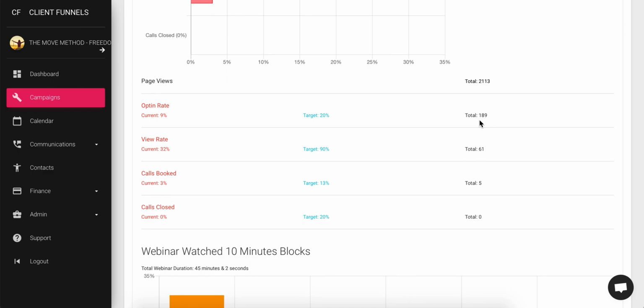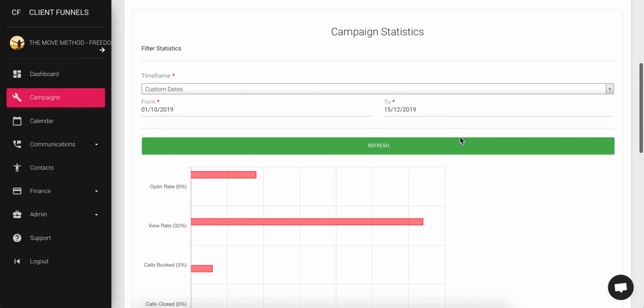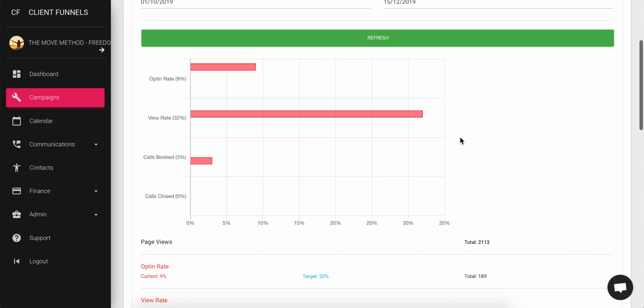They might be different. It's not a problem in the software. Every software has this problem in working with Facebook. It's just one of the things in how they track. They have this attribution model, which is good because it does go back kind of 7 days from when things happen, but it will mean on a daily basis sometimes your numbers might be out. That is why that is happening, okay? But that's really the statistics and how to kind of understand them. Like I say, if you need more information, please check out the relevant support videos on how to